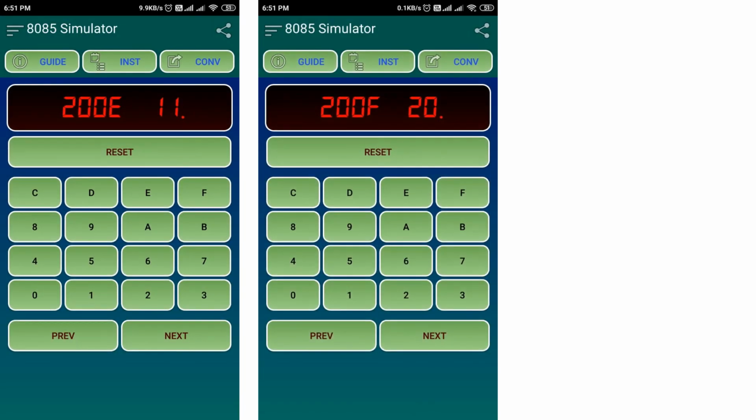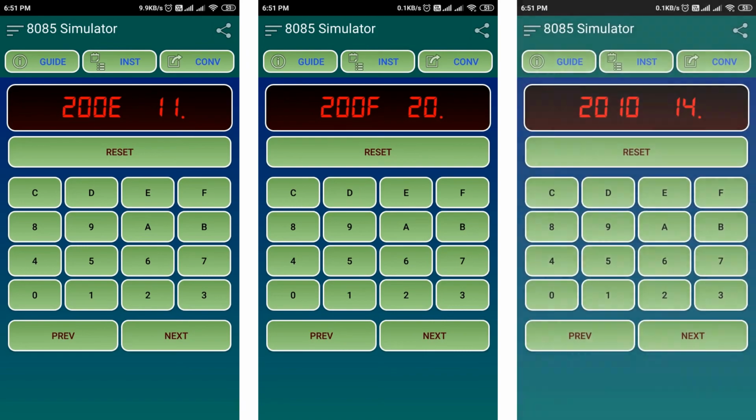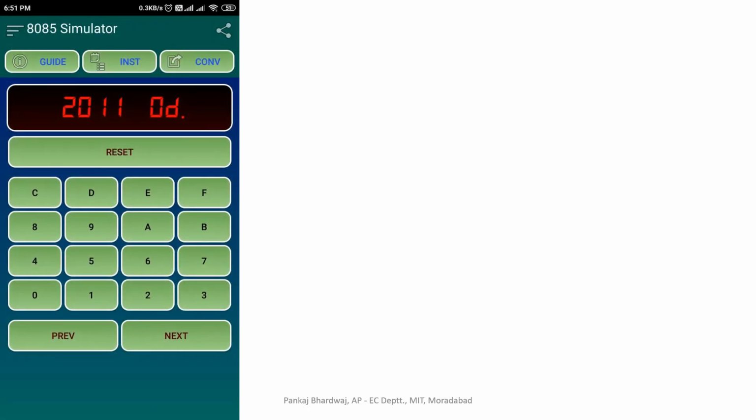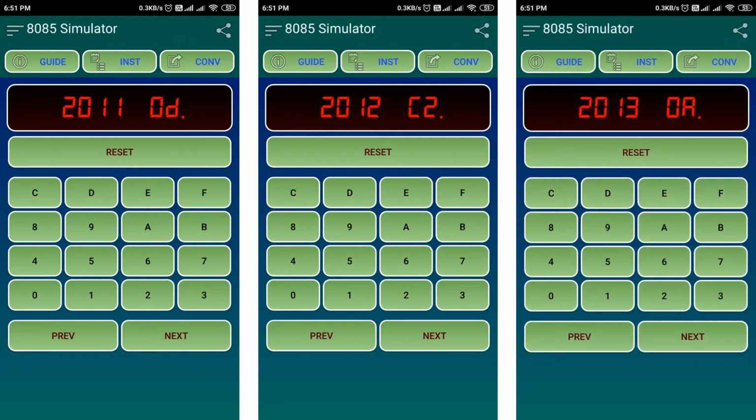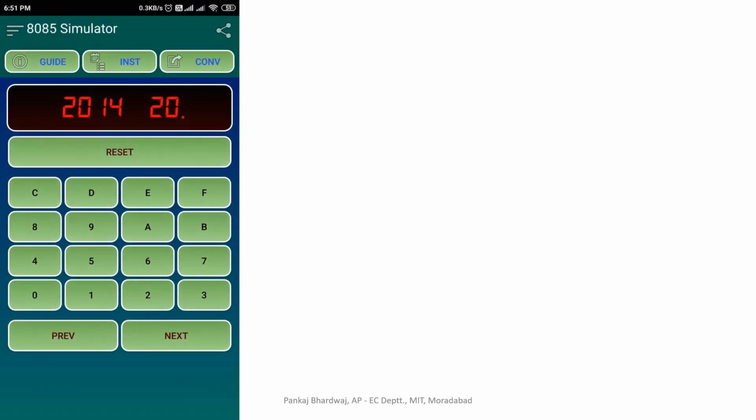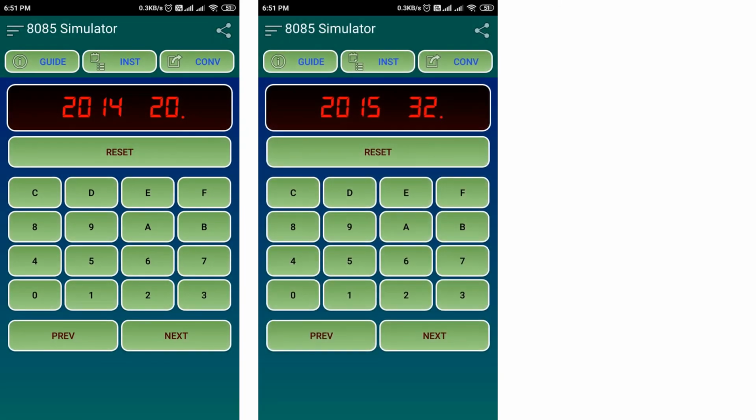At 200E we have 11, at 200F we need to store the data, so we use 20. This is 2011, that is 0D, 12 that is C2, 13 that is 0A, 14 that is 20, 15 that is 32.